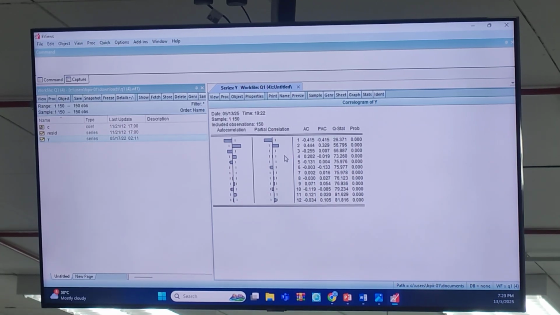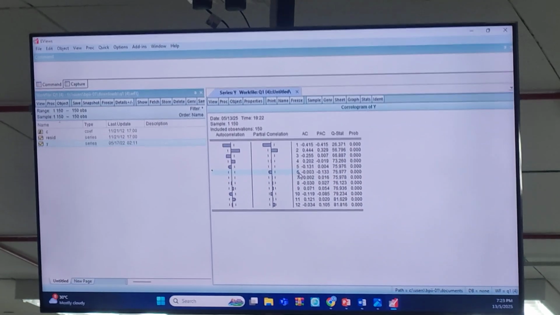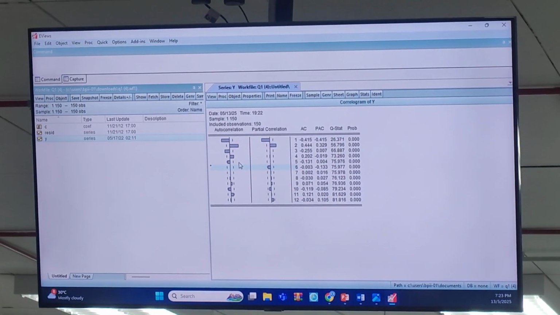Remember, there is no only one correct model, because we just want to find a model that can be used as an approximation for that process. So you can consider more than one. It's okay. There is no single correct model. You see there are two, but I also want to try the possibility of MA4 as well. When you set the maximum to 6, for example, you just inspect the first 6 lags, and then based